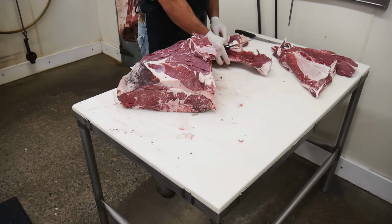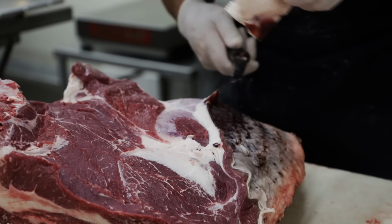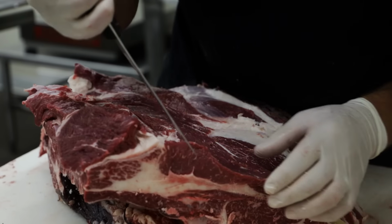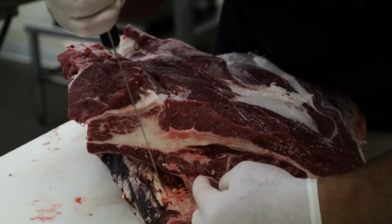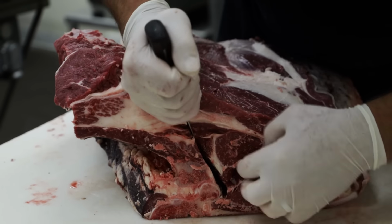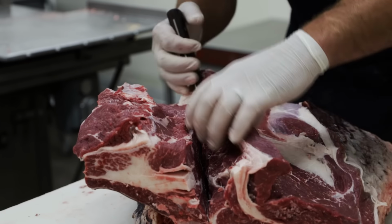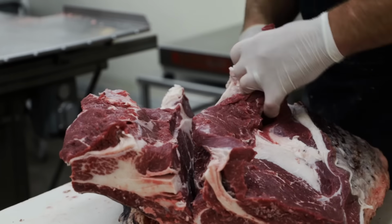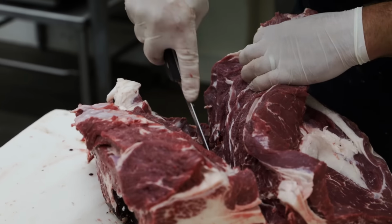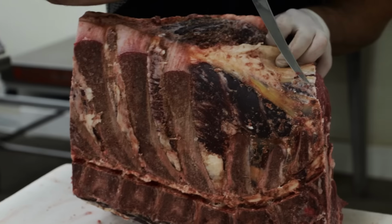Now that we have the blade bone removed, we're going to go ahead and pull this chuck eye out. Starting right here at the front of this vertebrae, you can see the chuck eye right here at this last knuckle. Take your knife, cutting all the way down along those bones. Once I get it cut all the way down to the flat bones on the back,